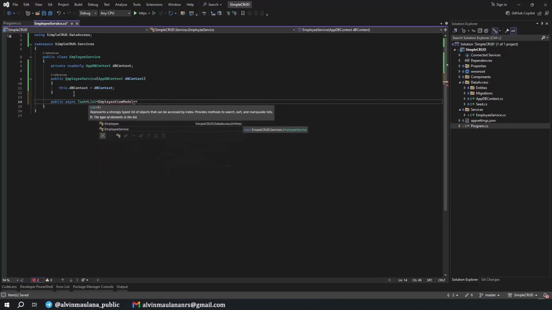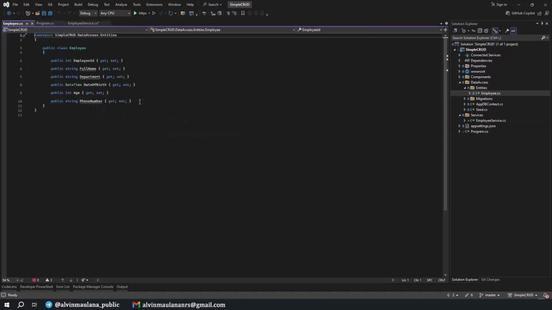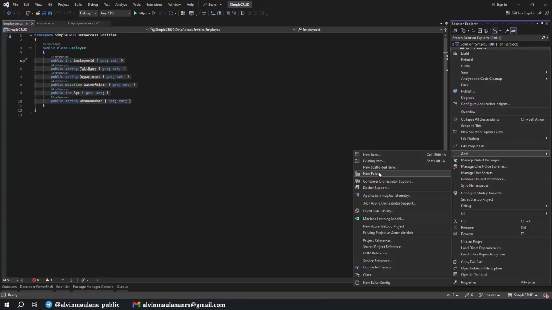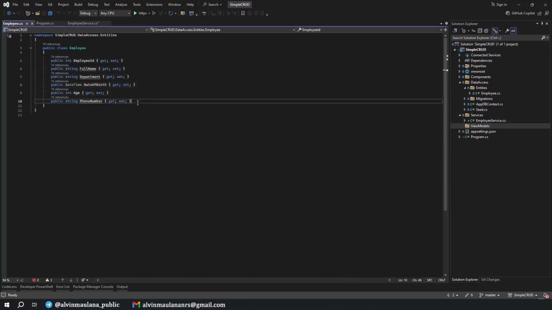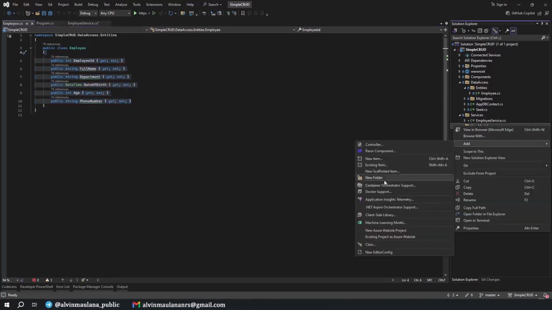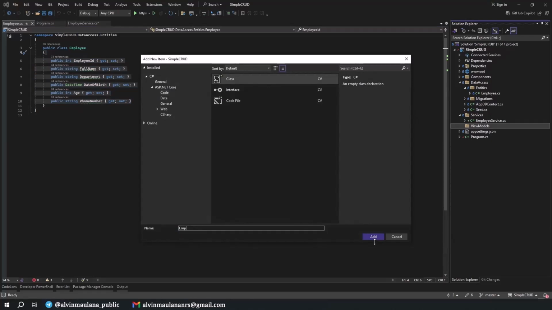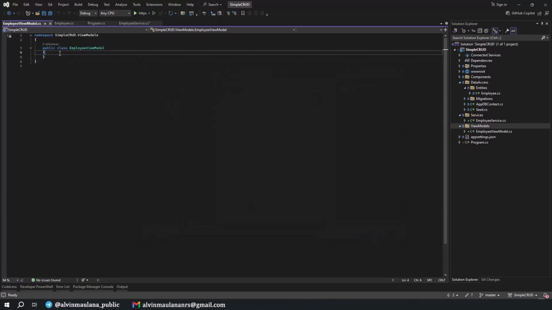Okay, we don't have this one yet, because instead of showing the entities directly, it's better to have another class to represent our entities for our UI. I will let you know why we need to separate that later. So maybe we create this first. We have a new folder, ViewModels, and then I copy all of this into, where is it? Add class EmployeeViewModel and paste in here.